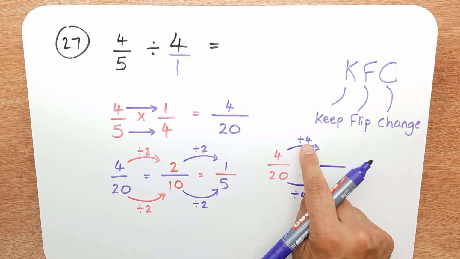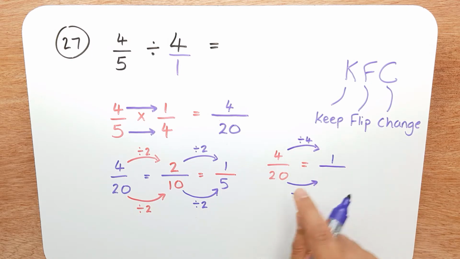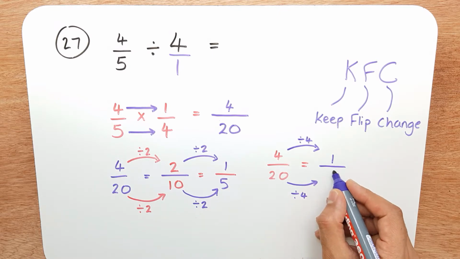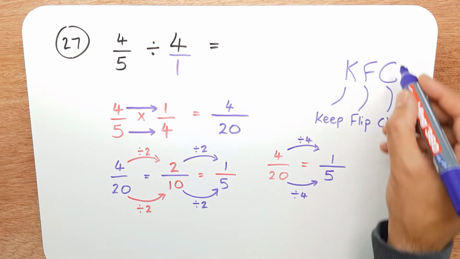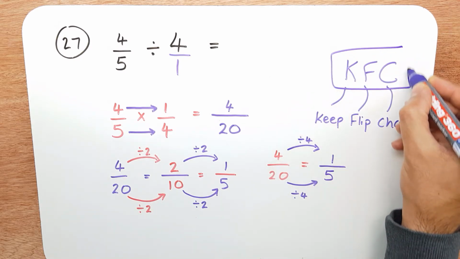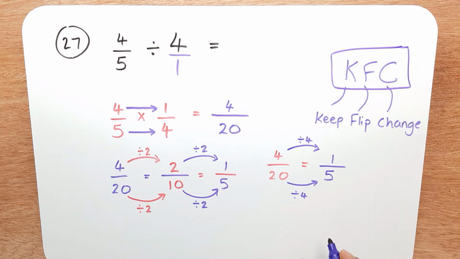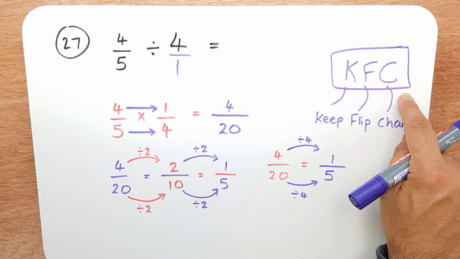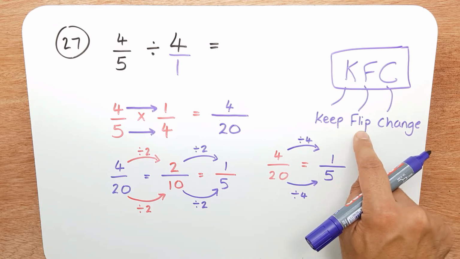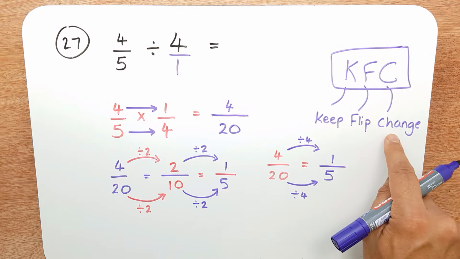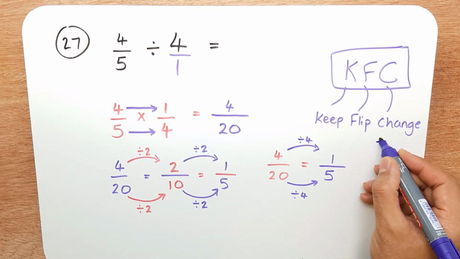So 4 divided by 4 is 1. 20 divided by 4 is 5. So it gives the same answer. And remember this, keep, flip, change, KFC. It's not the chicken place, it's keep the first fraction the same, flip the second fraction over, and change divide